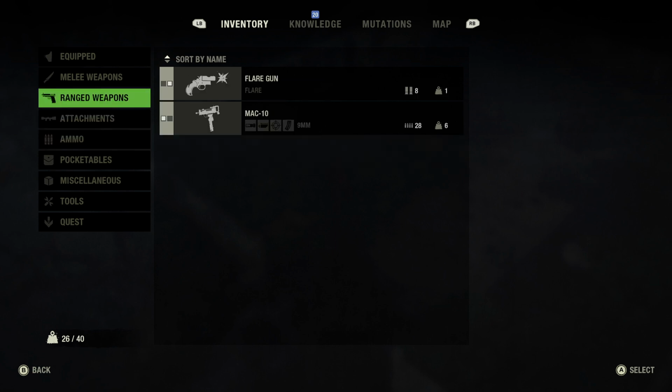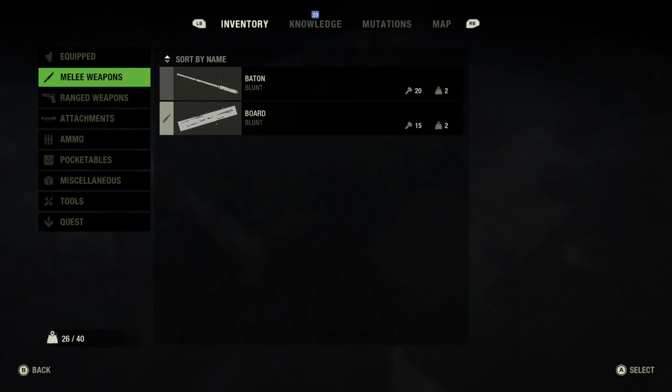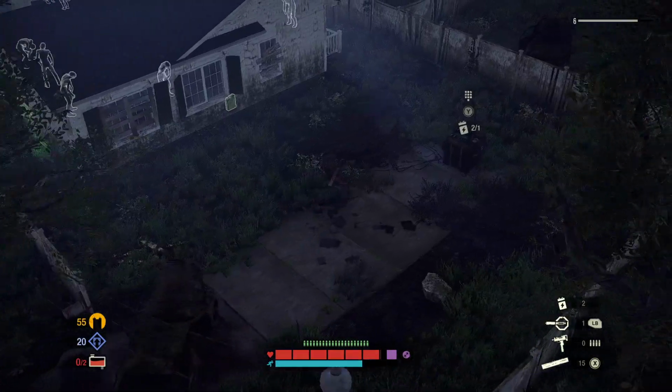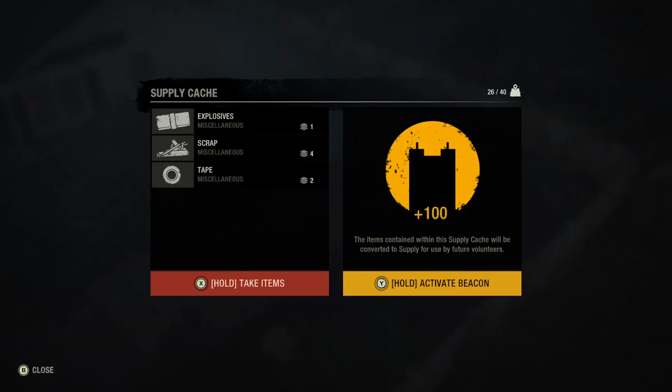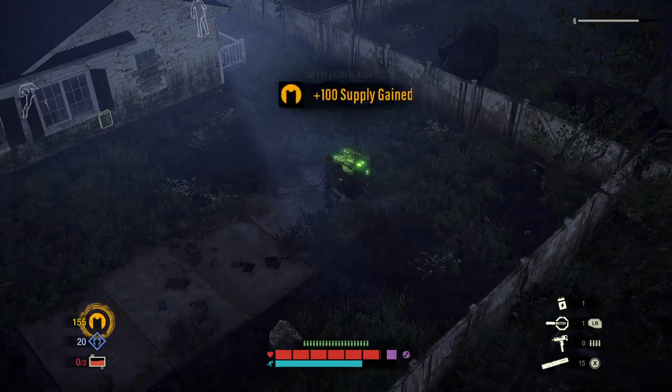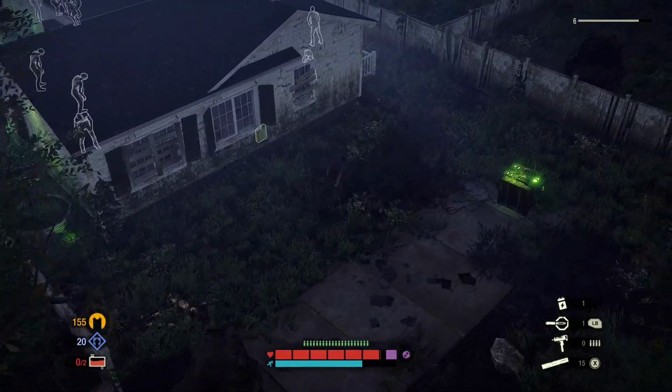We will use the... Ooh, damage 22, 22. We'll use the board. We have to get this. Oh, it's crafting materials. I'd have taken weapons. If it were weapons, I'd have had it, but it's not. So,